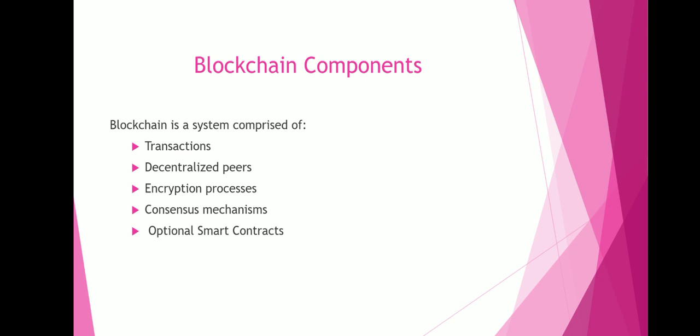Next we have consensus mechanisms. In a blockchain network, to verify the transactions, there are no intermediaries like banks and no third party entities. So consensus mechanisms and consensus protocols are used. If anything goes wrong in the blockchain network, such as a node failure or a link failure, or some blockchain nodes behaving maliciously,